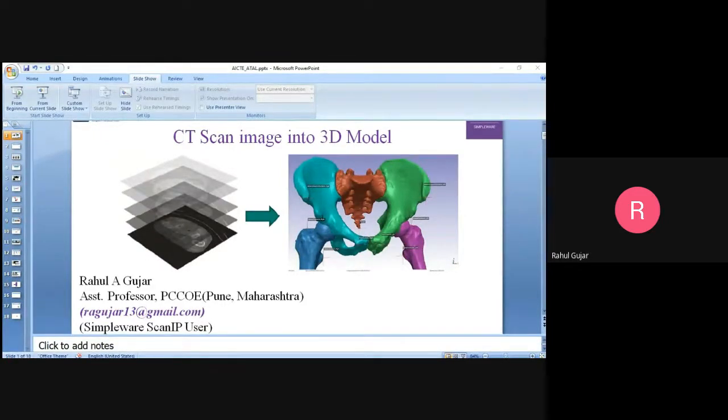Before going into all the details, I would like to show you the presentation outline. In today's presentation, I would like to cover the imaging techniques, that is, the different imaging techniques available in the biomedical field. Then we will go to the classification of biomedical engineering. Then the CT scan image, and what protocols we need to follow in CT scan imaging. Then my research area, which is related to the femur bone and its nomenclature.